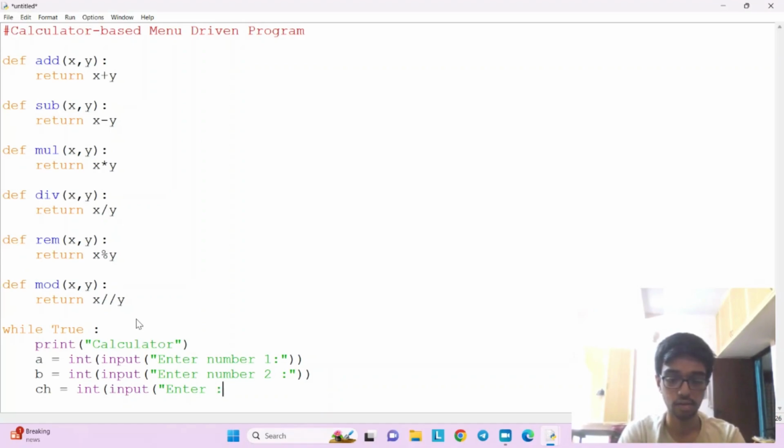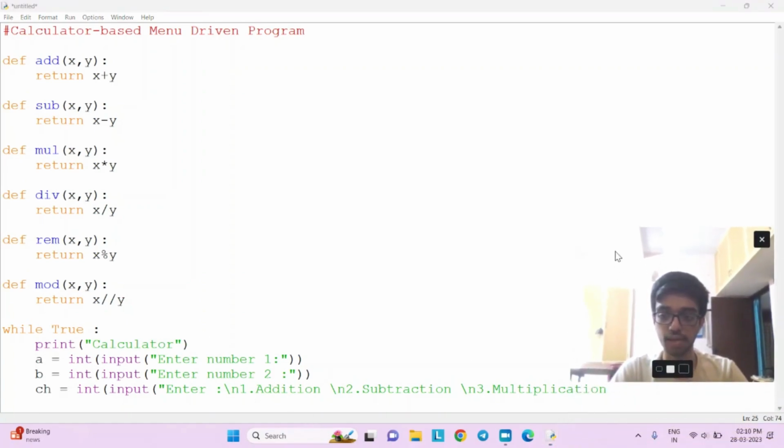Enter. One addition, \n two subtraction, \n 3 multiplication.